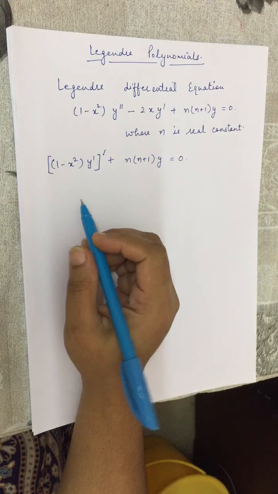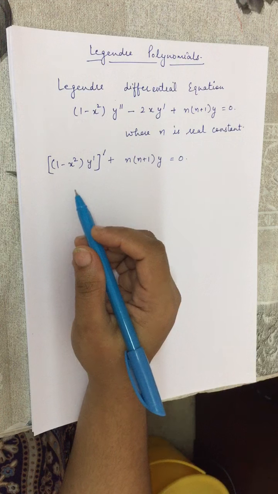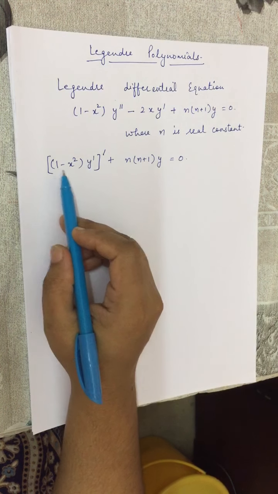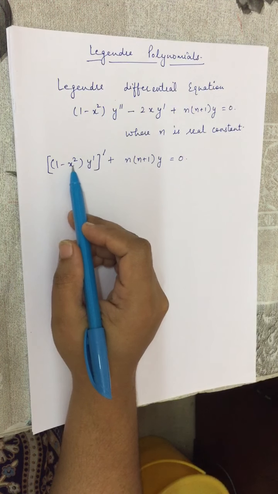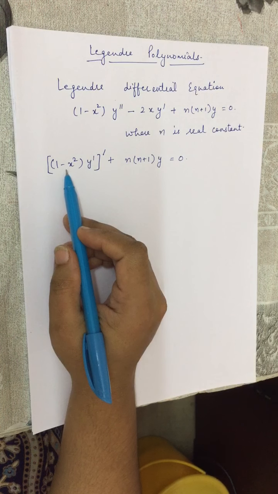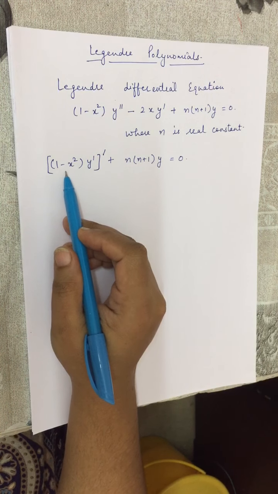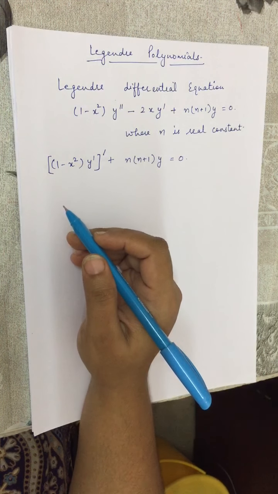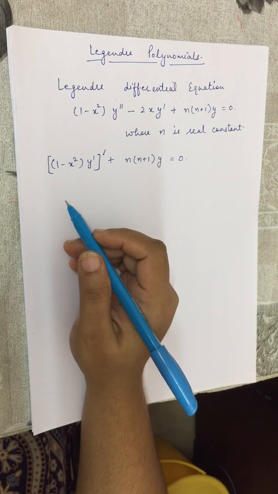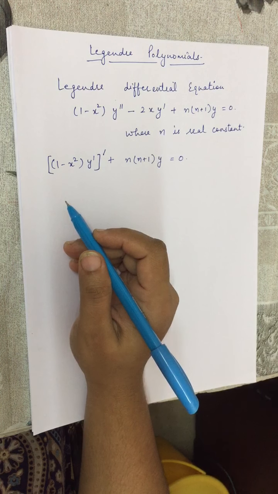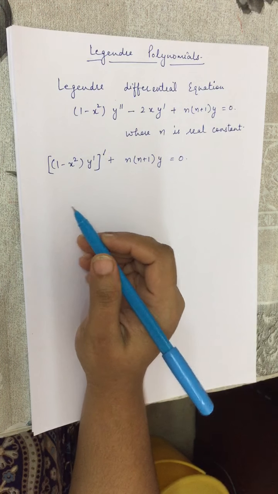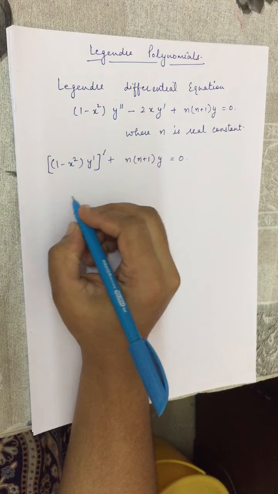So now we can see the singularities of this equation are x is equal to plus minus 1, because we have this factor 1 minus x square. So 1 minus x square is 0 whenever x is equal to plus or minus 1. So the singularities of this equation are plus minus 1. That means if we want to find a power series solution about x is equal to 0 of the form